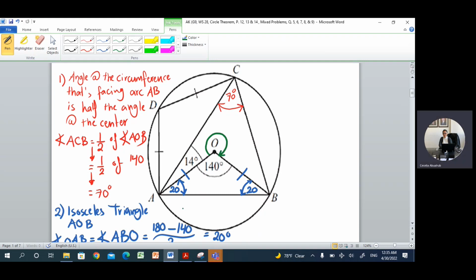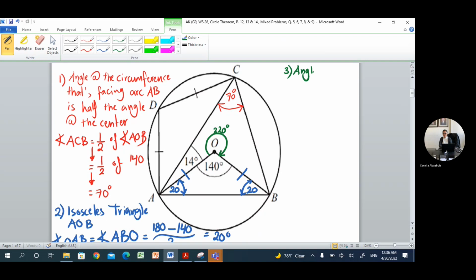Angles at a point add up to 360. So this angle will be, if I subtract 140 from 360, it will be 220 degrees. So I can write step number 3,